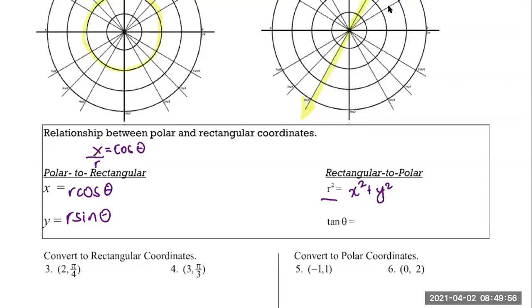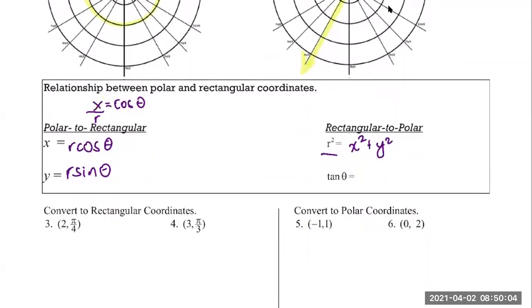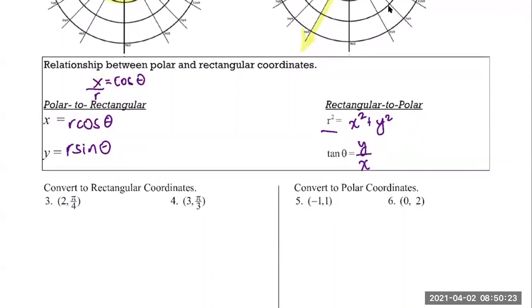What is tangent of theta equal to in terms of x and y? Property that you guys all should know. Correct. Okay, so none of this really should be new to you guys, but it is essential for us to know the concepts behind some of the problems. You're not going to be asked to convert to rectangular coordinates or to polar coordinates, so this is just an exercise in review. So if I were given the coordinate points 2 and pi over 4, which are in polar,